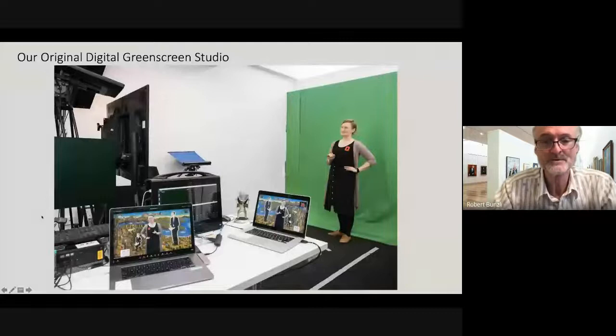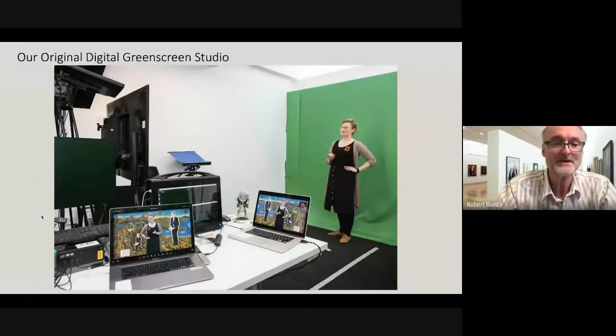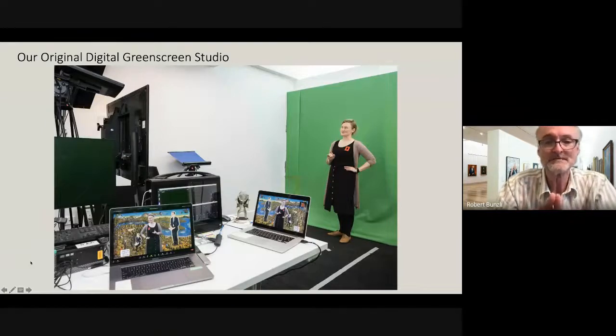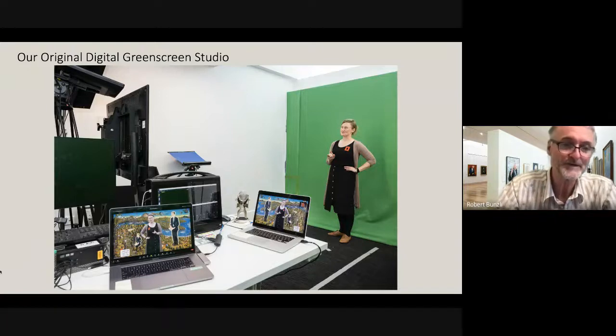And eventually, over the years, they built up technical capability with different cameras and different mixing equipment to provide an immersive learning experience. And this was one of the reasons I moved over to the Portrait Gallery: I wanted to see how they were doing this cutting edge immersive stuff, where they were putting their presenters directly into the galleries of the National Portrait Gallery. And I was intrigued by that. So that's what I wanted to find out about.